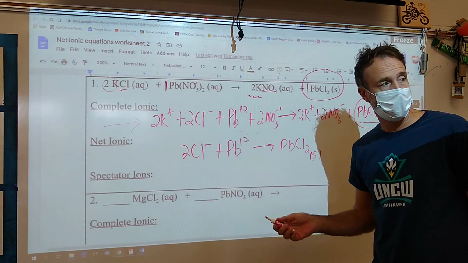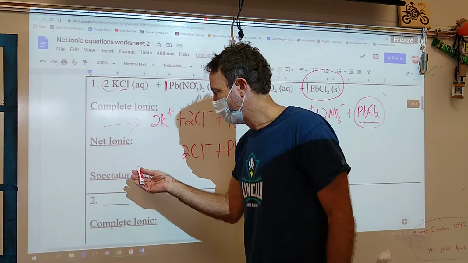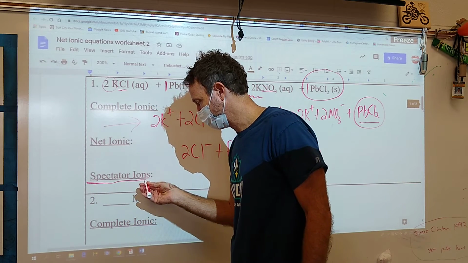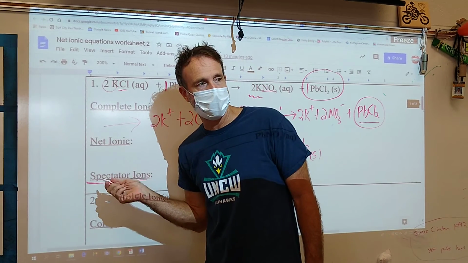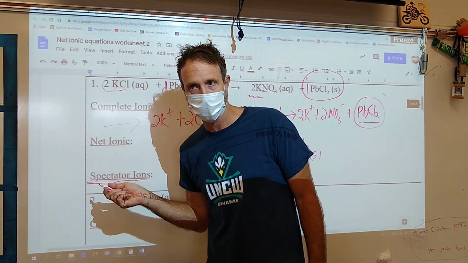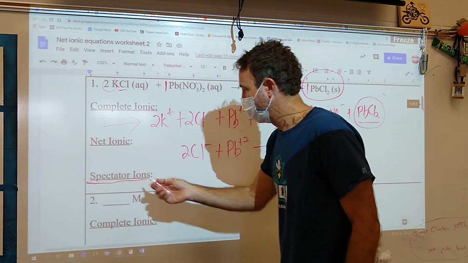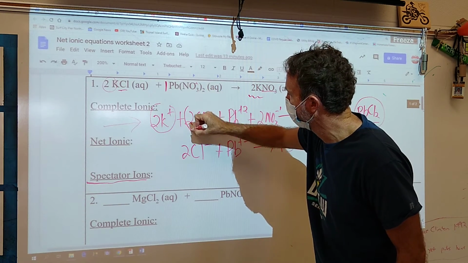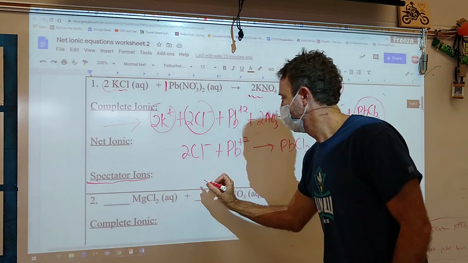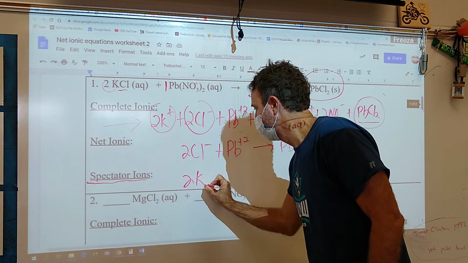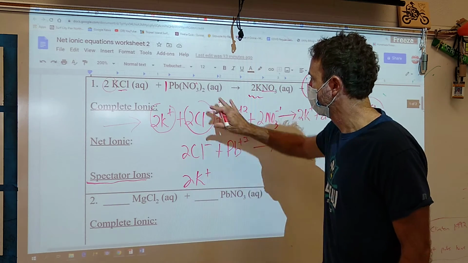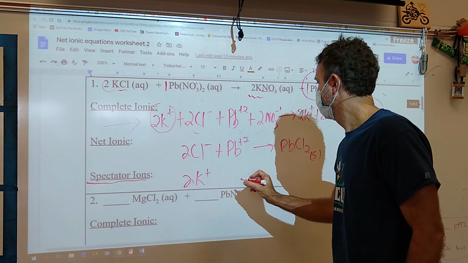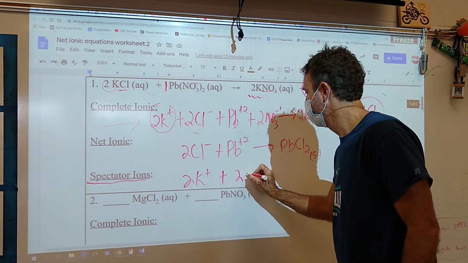Now this term down here you've never seen before, but it seems rather obvious. Spectator ions. Are the spectators part of the game? No. So the spectator ions are these guys that aren't doing anything. So the spectator ions, your 2 positive chlorines, excuse me, I should not have circled that. Pretend I didn't circle that. And the 2 nitrates,